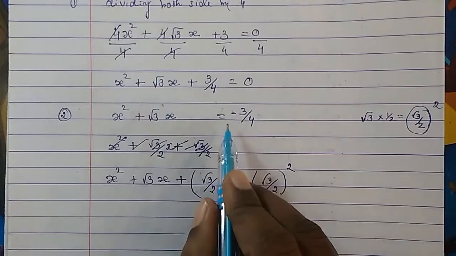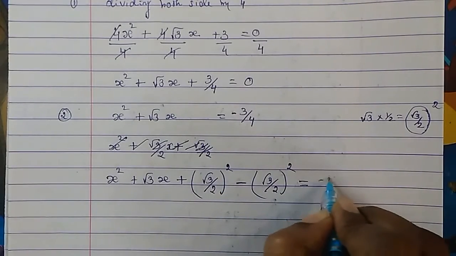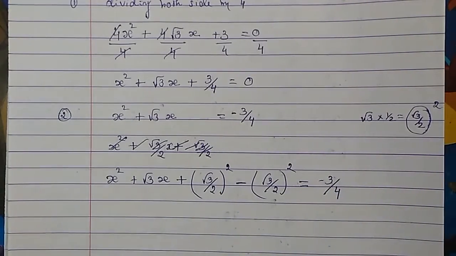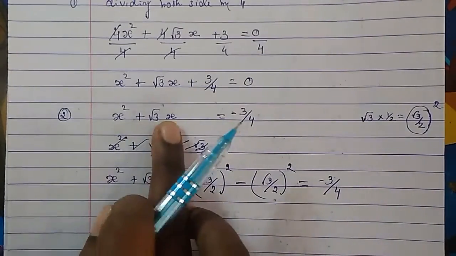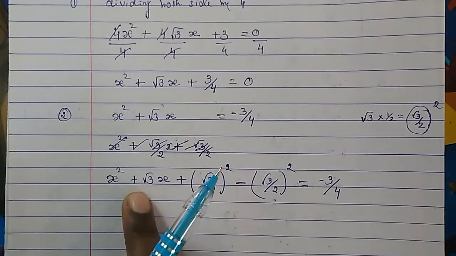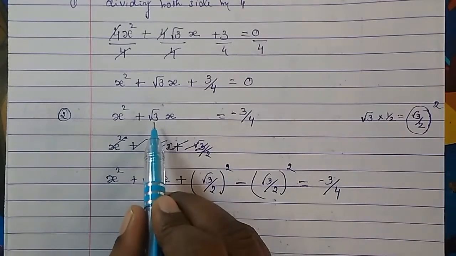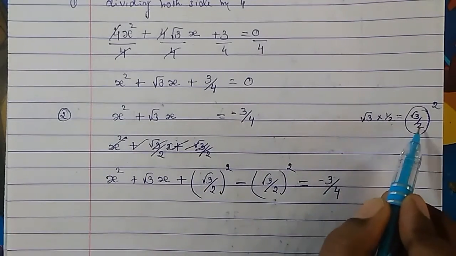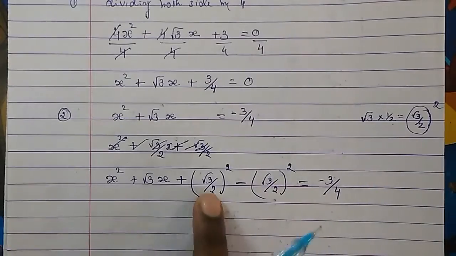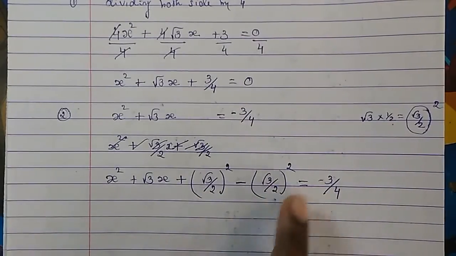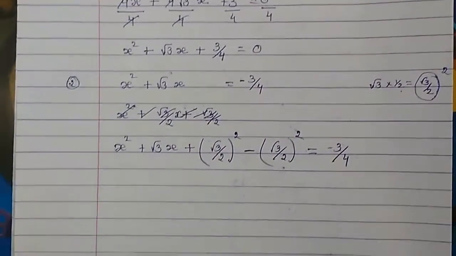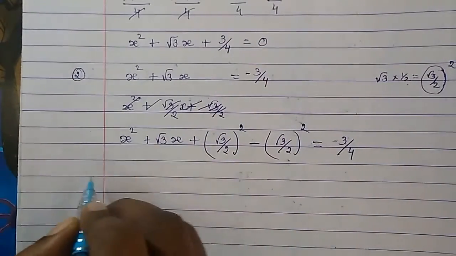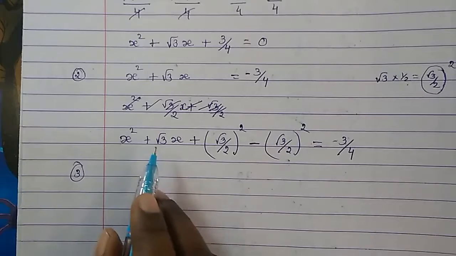Now the remaining part stays as it is. So this is the part you have to take a little care. The first part, the x part, you will keep as it is. Then the coefficient of x, you will multiply with a half, and the square of it, once you will add, once you will subtract. So the second part is a very critical part. Here you have to remember the step properly.